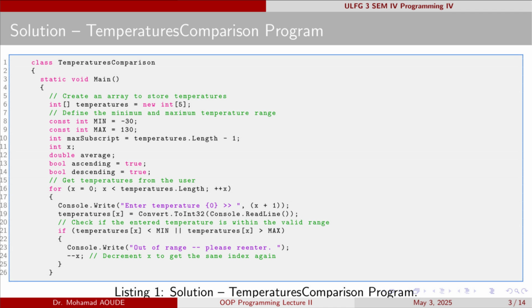Let's begin by creating an array to store 5 integer values representing temperatures. We will use a for loop to gather these values one by one. It's important to ensure that all temperatures fall within the range of -30 to 130 degrees. If a user inputs a value outside this range, we will prompt them to enter a valid temperature again by